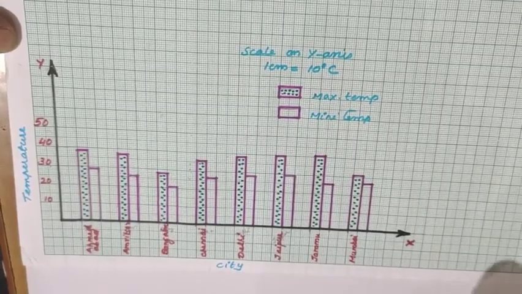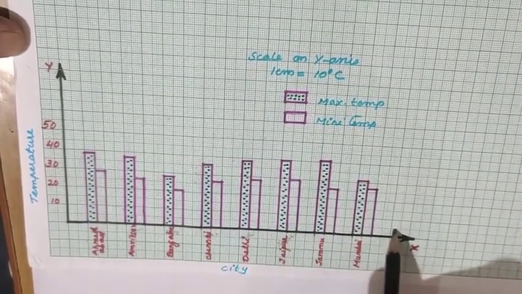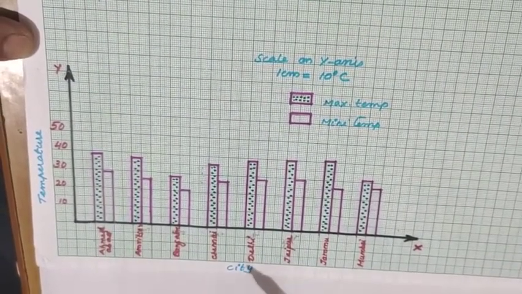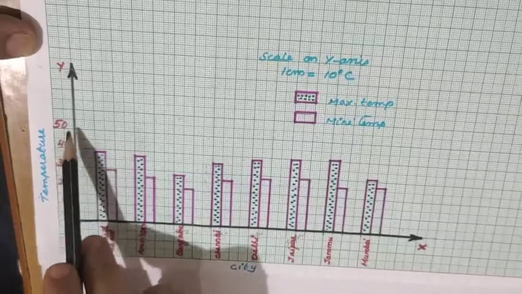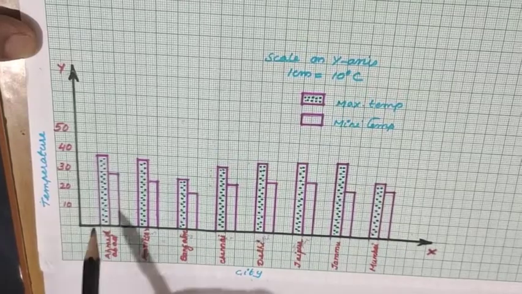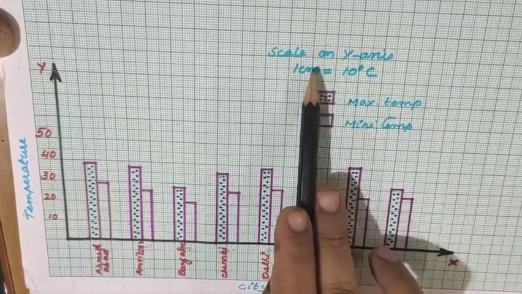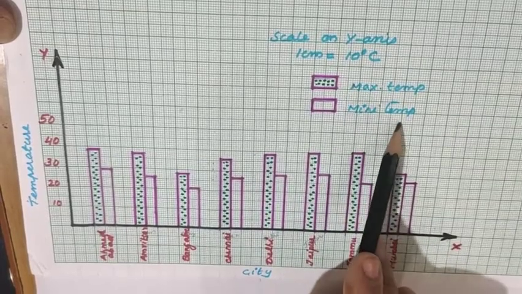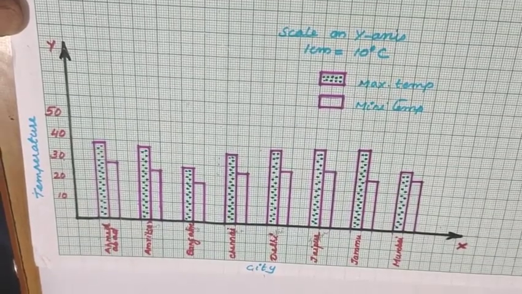Here we represent the double bar graph. The point to be remembered is that the number of bars is more, so you should turn the graph paper like this and do it. Same rule: labeling should be done, that is city and temperature, and which cities are here, and the temperature in degrees Celsius to be represented. One bar should be shaded, the other should be left blank. You should also write the scale as well as the key. Key means which part is representing maximum and which part is representing minimum. These are the points you should remember while doing the double bar graph. So see the graph, don't make mistakes.